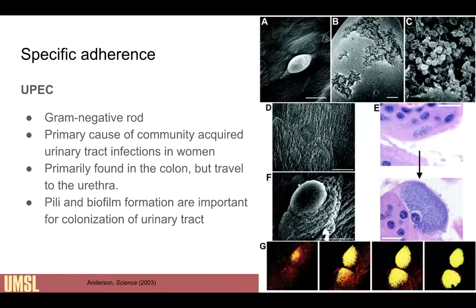And pili and biofilm formation, these are the major mechanisms of how this particular bacterium is engaging in its pathogenic lifestyle. So showing up, binding to epithelial cells, quickly growing, establishing this biofilm on the surface of epithelial cells protects these bacteria from phagocytosis and the high shear forces of essentially going pee, and that they colonize the